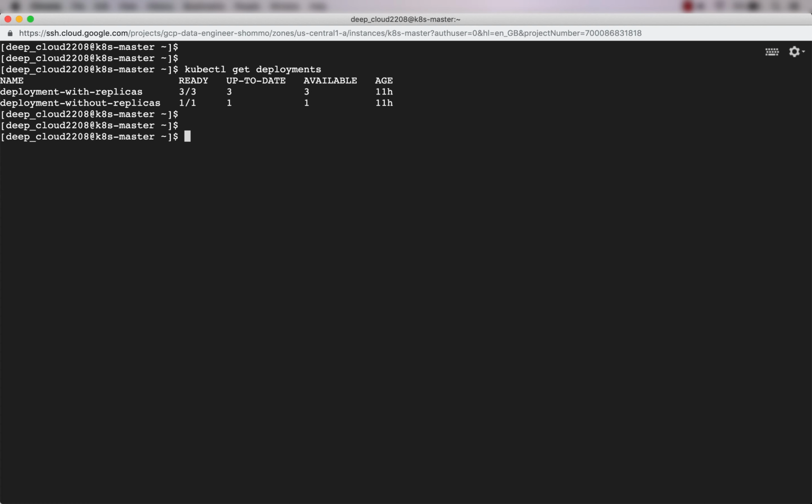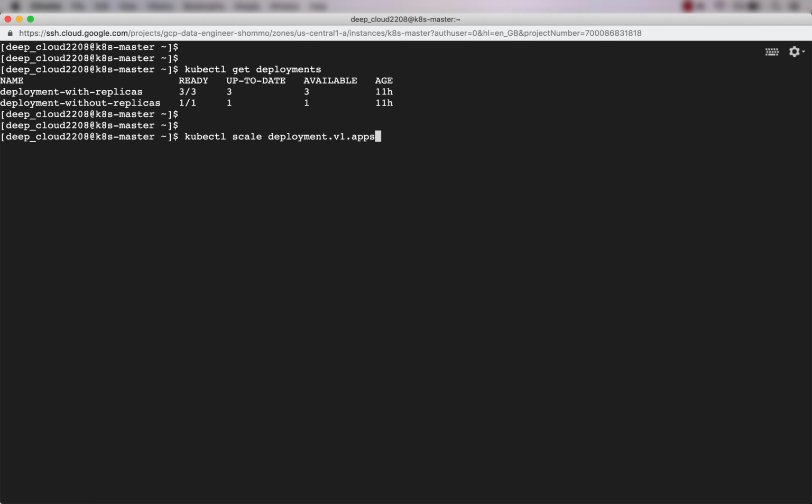This is the deployment I'm talking about, deployment with replicas. I want to scale this deployment out and then scale this deployment in. But the command is a little tricky, so pay attention here. Of course, the command starts with kubectl and then scale. After that, we have to give the name of the deployment. So we have to tell the Kubernetes API server that we want to scale a deployment rather than a replica set. And the way to do it is